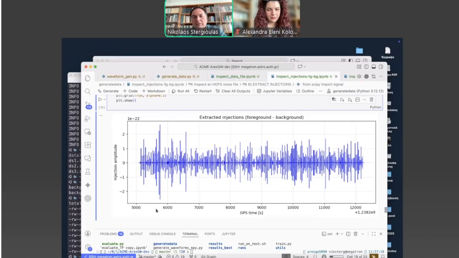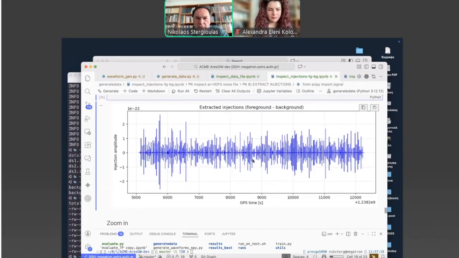In reality, in the data that we'll discuss after the break, we will create a different injections file where we will use each of these injections roughly 19 times because we inject it into different noise segments. So in reality, we will reach up to 10,000 injections for this minimal training. But here, for the moment, we see these several hundred of injections in this short segment of 7,200 seconds.